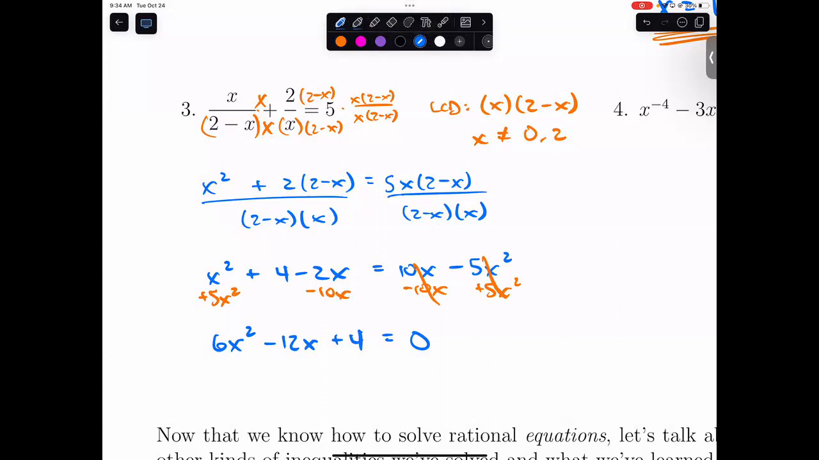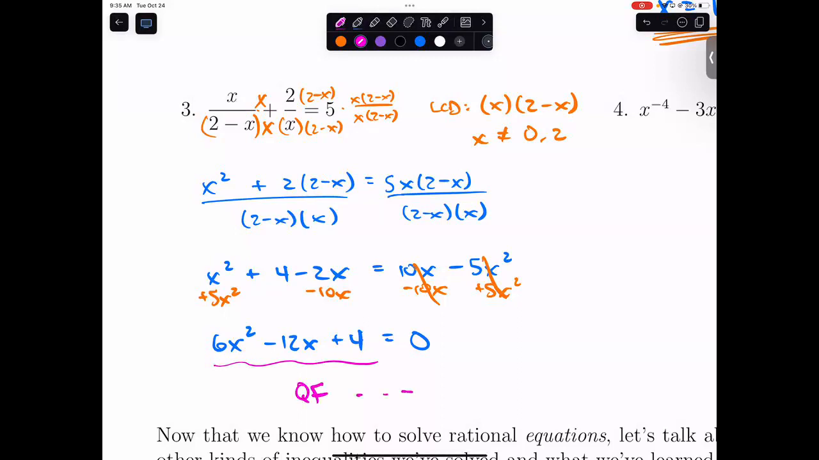6 and 12 and 4. You could take 2 out if you wanted to, but no matter what, we're going to have a leading coefficient here that's not 1. So I would probably just go straight to the quadratic formula if it's me. It might factor. It might not. I don't know. Once I see the shape of this thing,